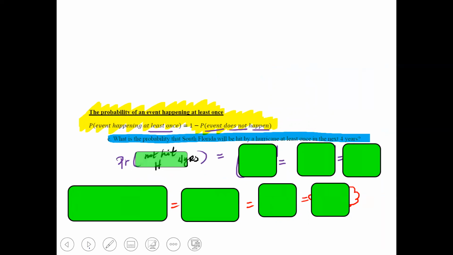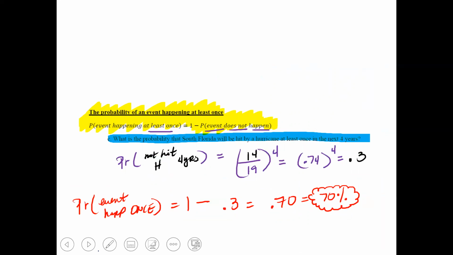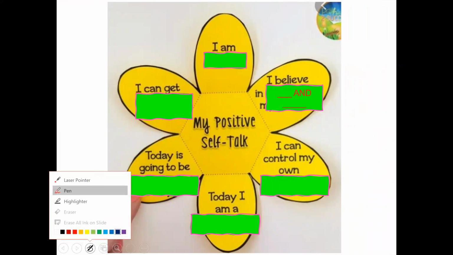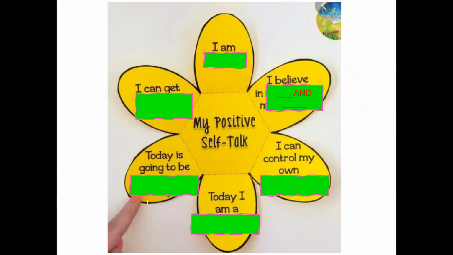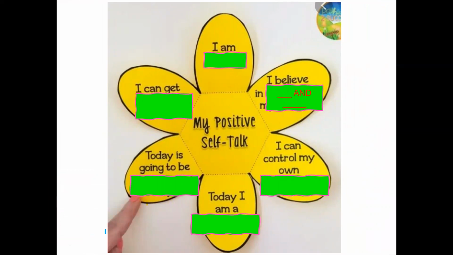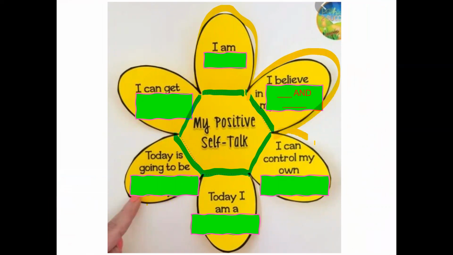All right, you guys, that is it. So what I want you to do now, on an empty blank piece of paper, is an SEL activity with me. You are going to draw a quadrilateral. I'm sorry, not a quadrilateral. A quadrilateral has 4 sides, Callahan. You're going to draw a hexagon that has 6 sides. There you go. And then from that 6-sided hexagon, you are going to draw a petal on each of the sides of the hexagon. So you should have 6 petals.